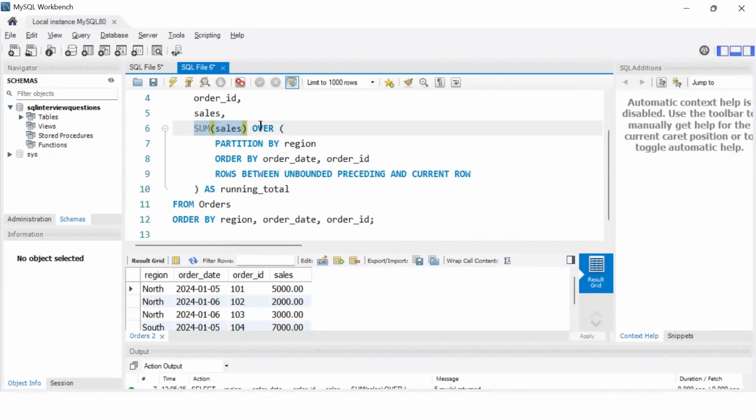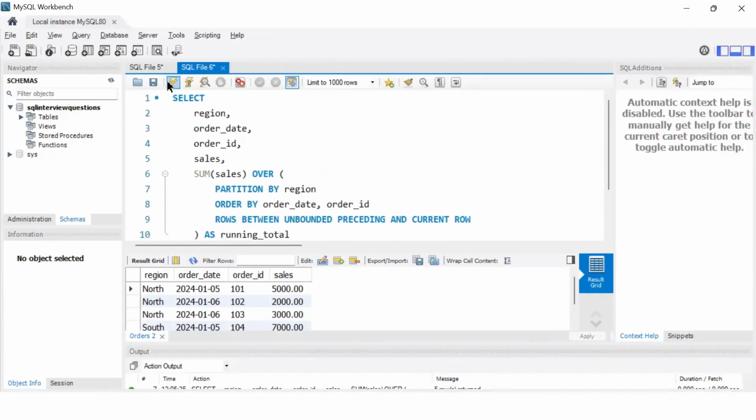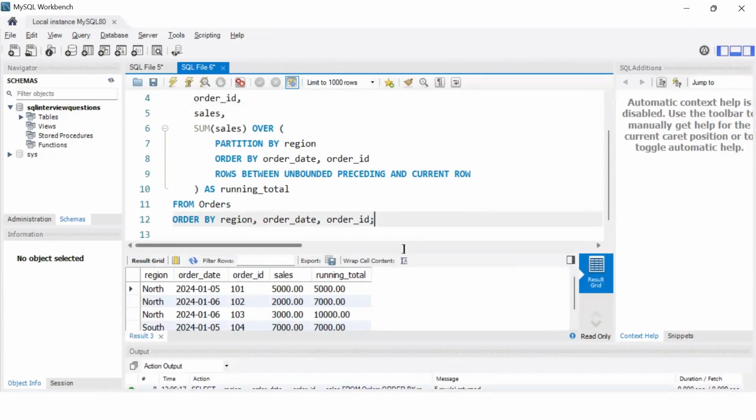So sum of sales over, and this is my window: partition by region, order by order date, order ID, and rows between unbounded preceding and current row. Then I'm again ordering it by region, order date, and order ID. Let me quickly run this. Okay, perfect. You can see that we have got the results and that was what we were expecting.